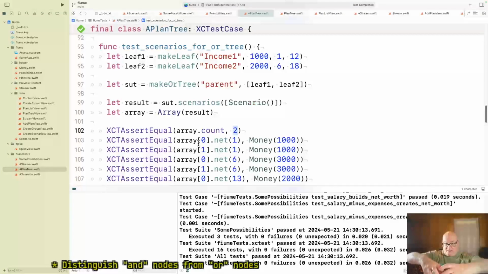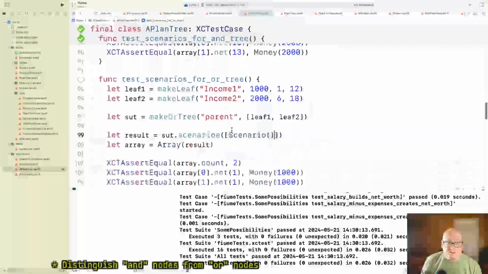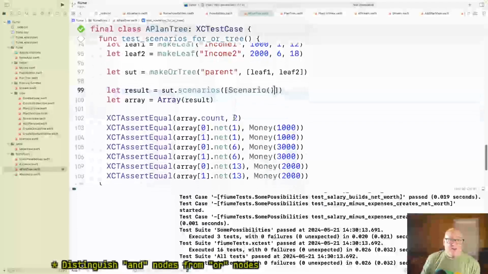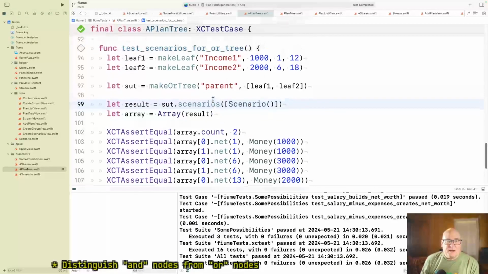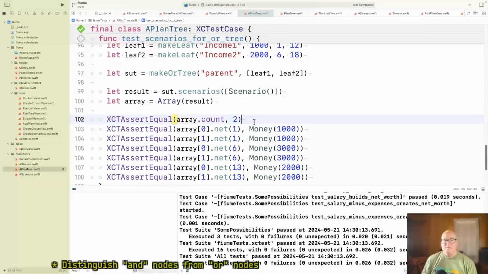So take all the existing scenarios and then repeat them for both these trees. So I don't know, maybe this would be good with 2. Let's start with 1. It'll be hard enough. All right. Well, my assertions aren't right. Well, the problem is I don't know which one I've got. All right.